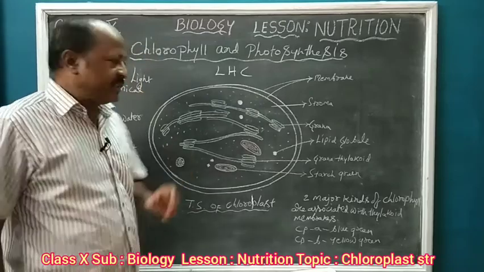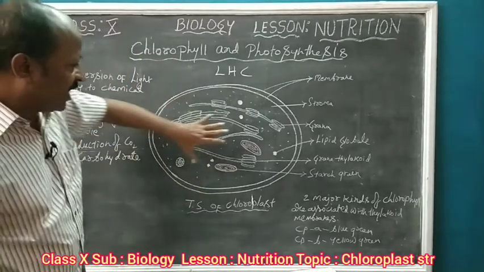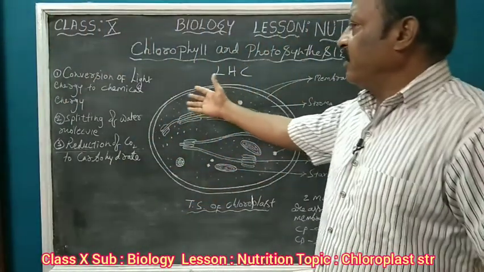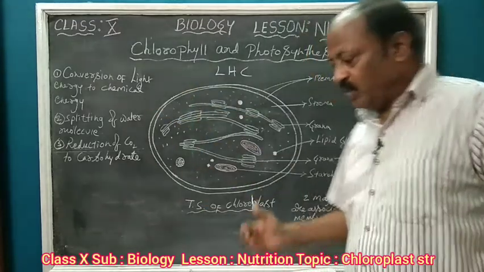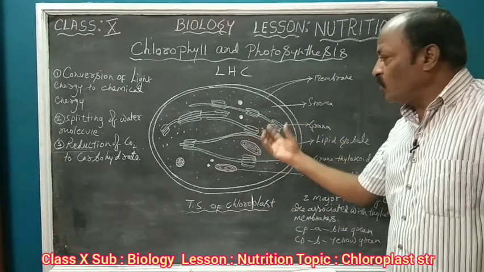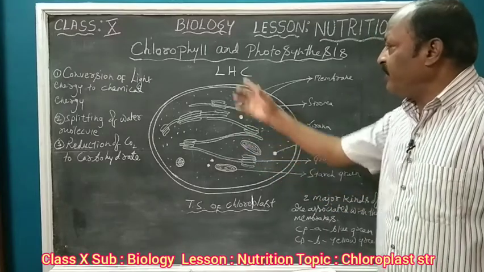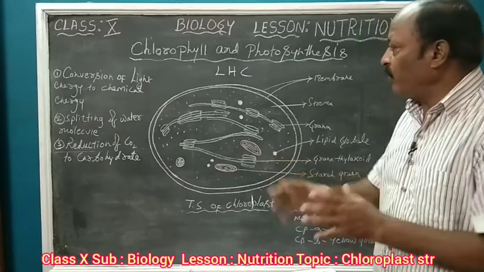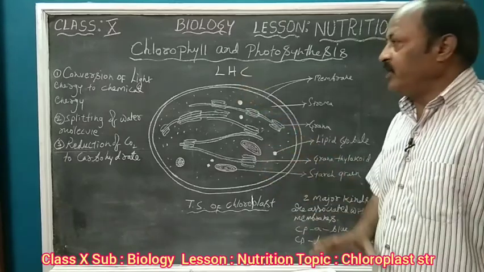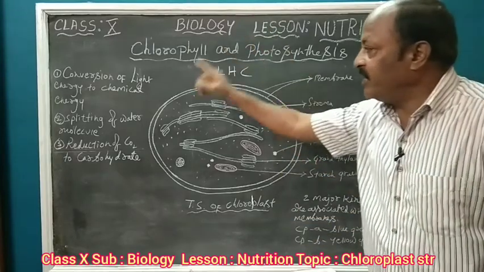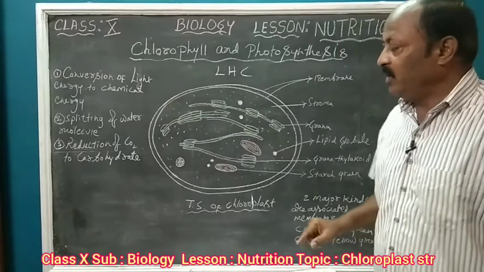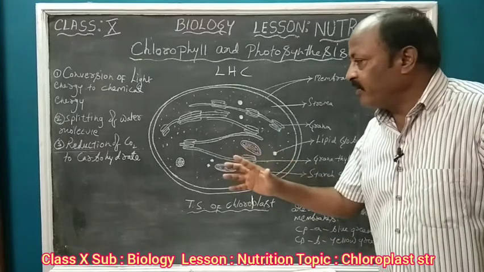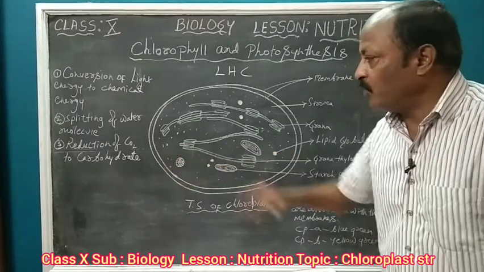Then during photosynthesis, several events occur in the chloroplast. Those events can be studied as conversion of the light energy to chemical energy. We know that the granum has got pigments, I told you they form the light harvesting complex, and around 50 to 400 pigment molecules form the light harvesting complex or photosynthetic units. They help in conversion of the light energy to chemical energy. Then they help in splitting of the water molecule. Then ultimately reduction of carbon dioxide to carbohydrate.